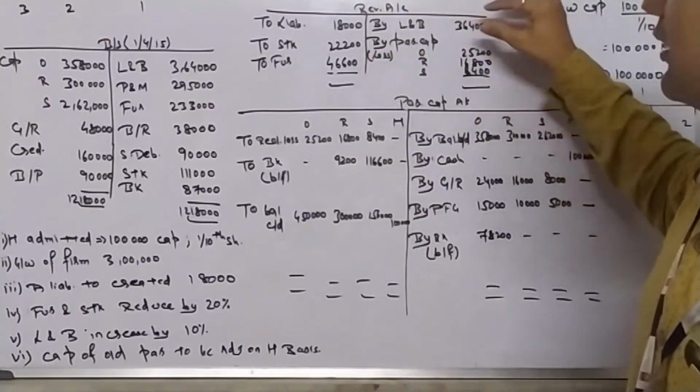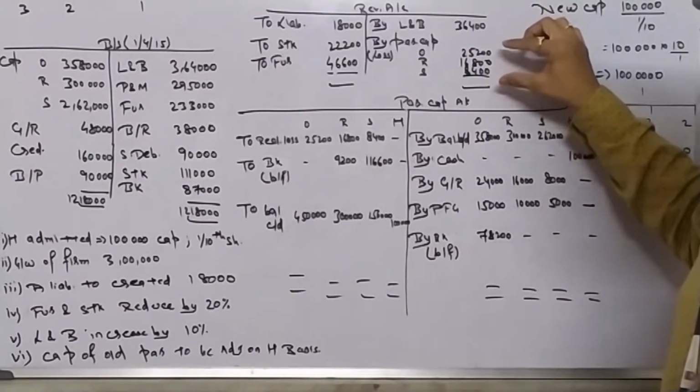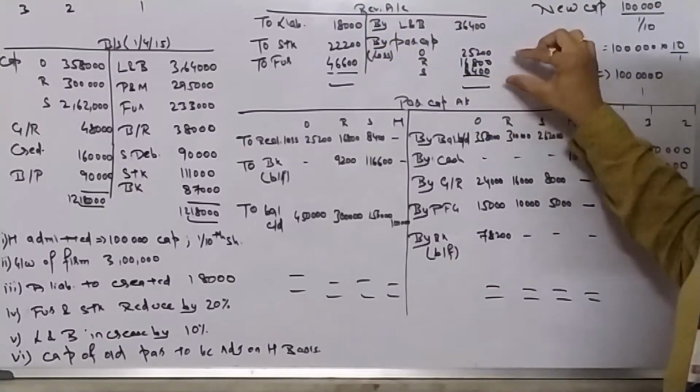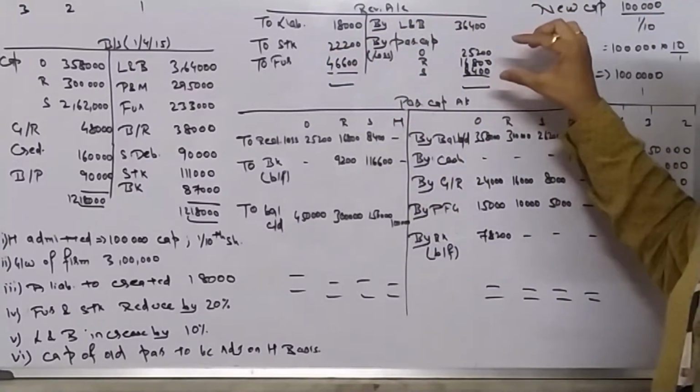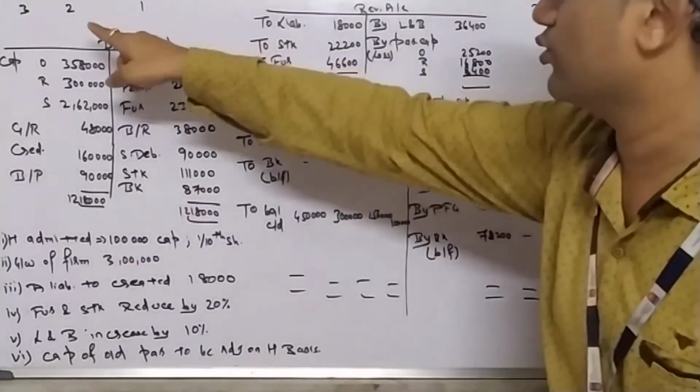I have totaled this. This side is getting shorter, so there is a balancing over here. I will add this, I will minus this. If balance is left in this side, it is loss. If balance would have been left in the other side, it would have been profit. So I have divided the loss in 3:2:1.